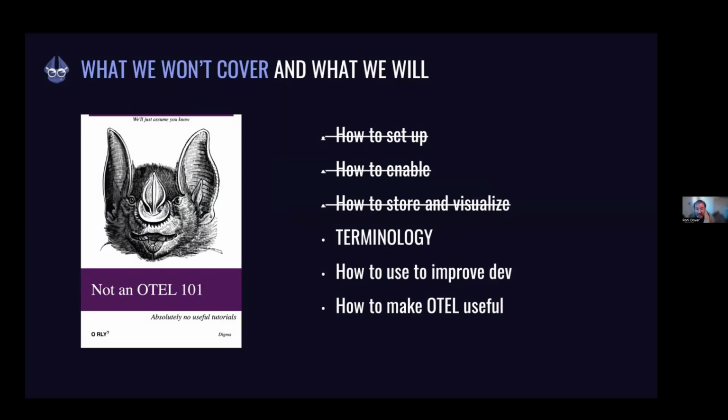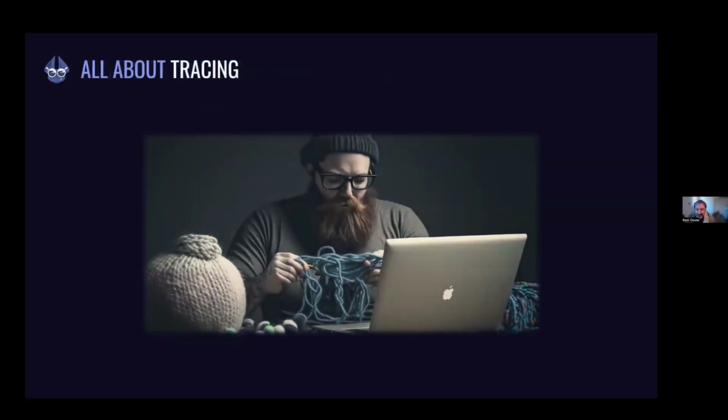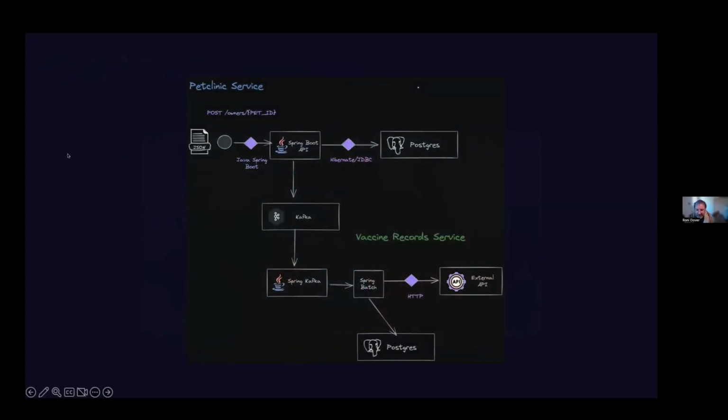Now, what data can we get out of it? If you're familiar with tracing, which is what we're going to focus on first, tracing is just a way to visualize how our request unfolds. So it allows me to look at a process. In this case, we have this process that I've created that has a Spring Boot API and the Postgres and all of that that came from the pet clinic, and then Kafka,